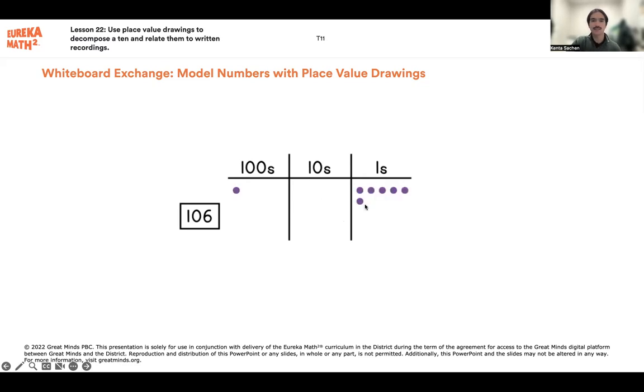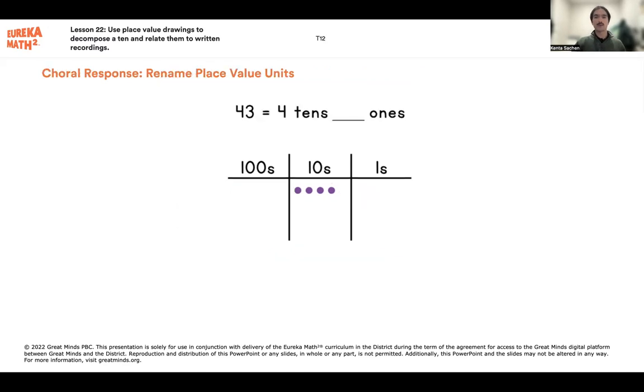Very good, right? 6. So just 100 and 6, or 100 plus 6. So sometimes you won't have tens, you won't have ones, you won't have hundreds, right? But being able to write these numbers with our place value charts is going to be super important. Now, one last thing I want to review, right? You might have to think back,